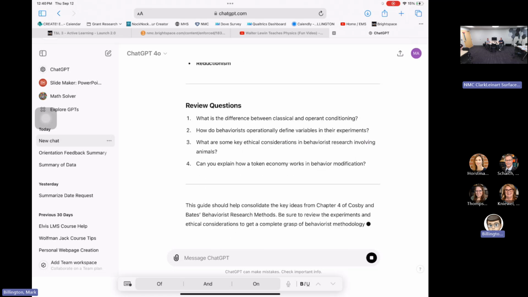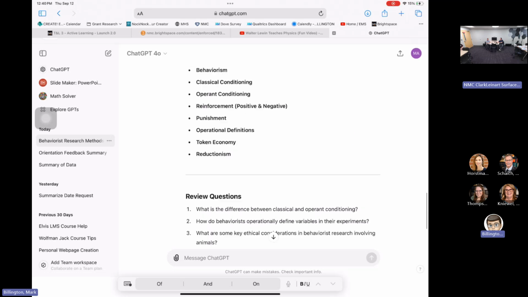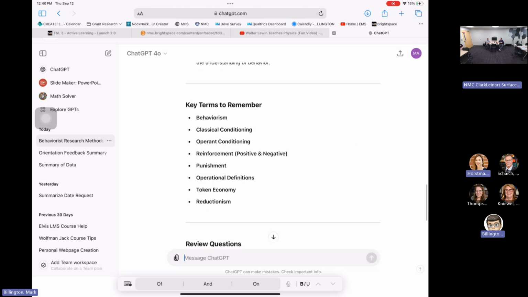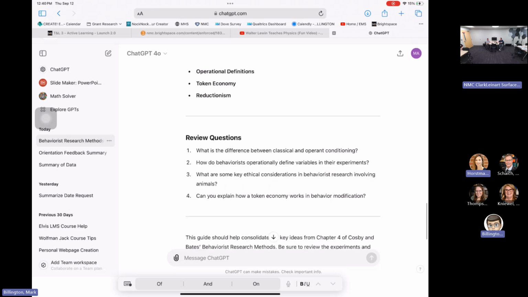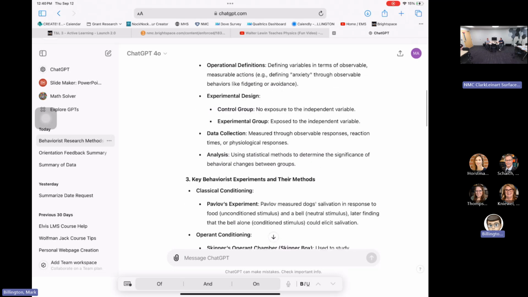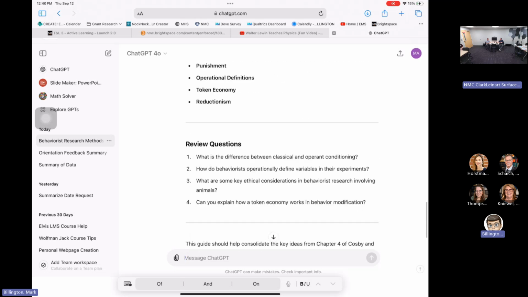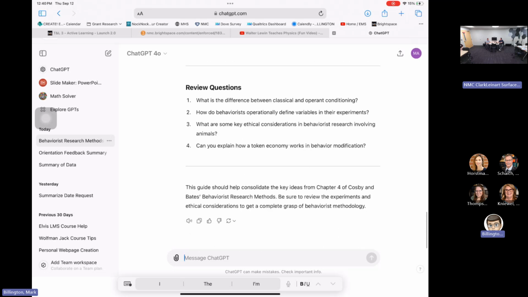How about the terms? Did it give you the right terms? Go back up and take a look. It looks like they're defined correctly. I just wouldn't have said all that content is actually in chapter 4. Okay, so you can reduce that. There's lots of things you can do, but the other side that I really like in this is